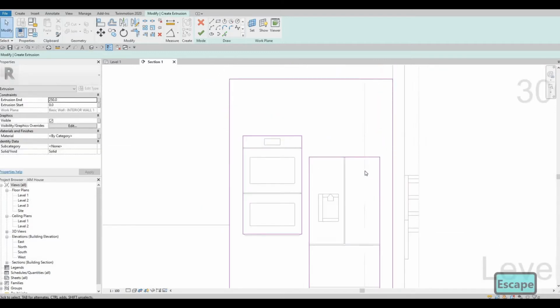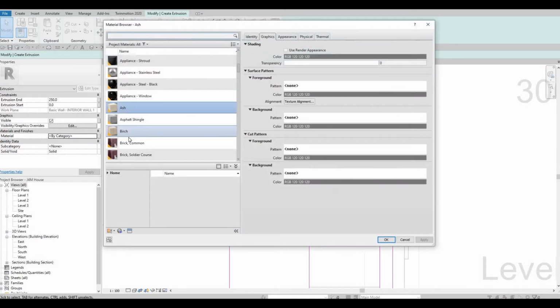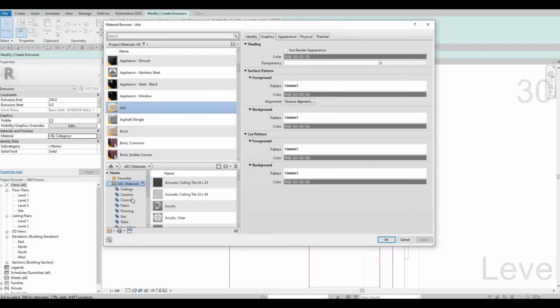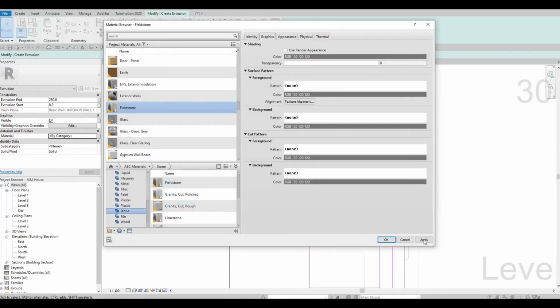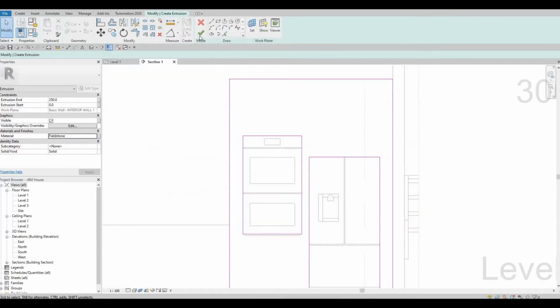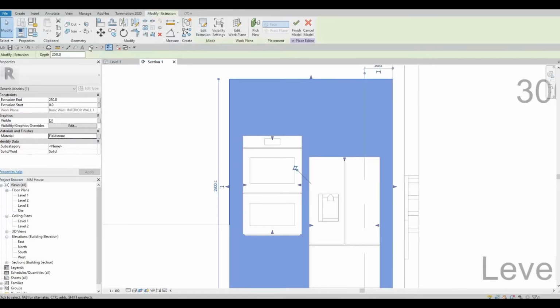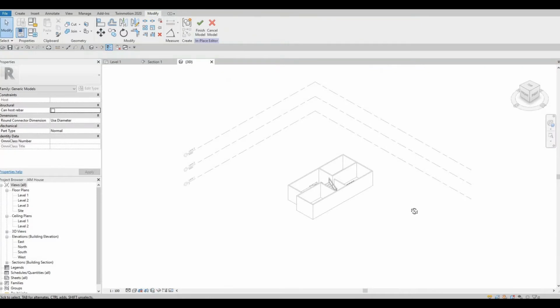So in this regard we did this, but here we need to do this like that. So the 250 is not actually what we want right now, but we need to click on finish first and then change the material. I'm going to add a stone finish on this one. I'm going to use field stone, apply, OK, and then click finish. Go to 3D to see